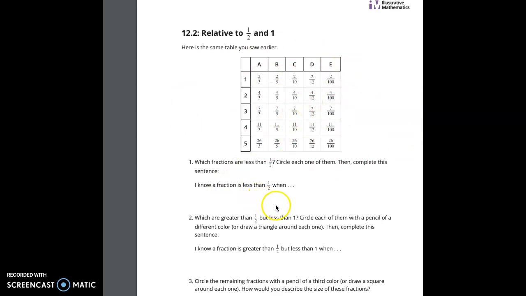All right, so here's the same table we saw earlier. Now you have some questions that you're going to answer about it. Which fractions are less than 1/2? So let's think about this. When I think of 1/2, I know there's some equivalent fractions I can think of. So let's start with 1/2,